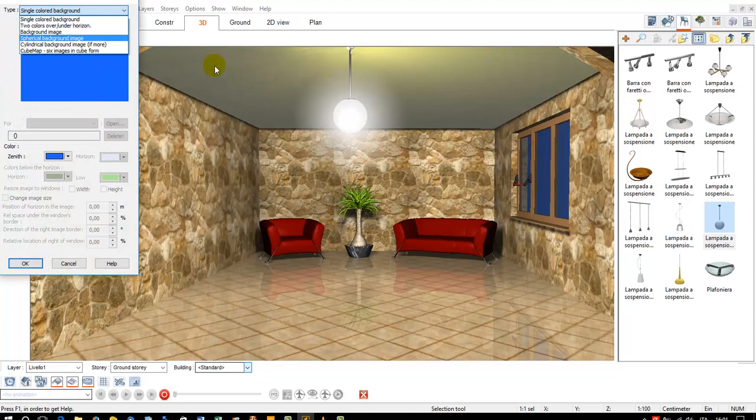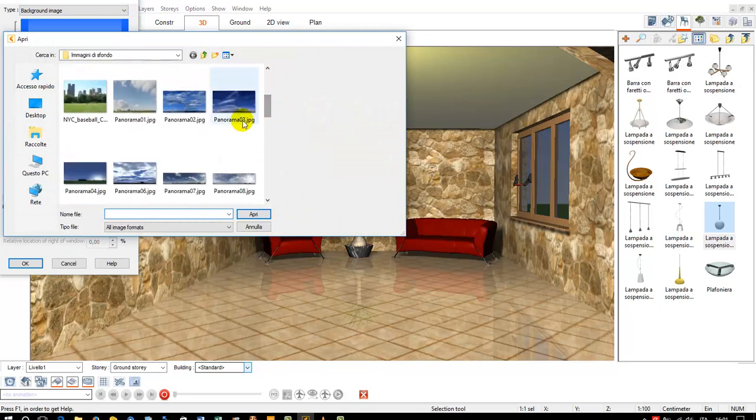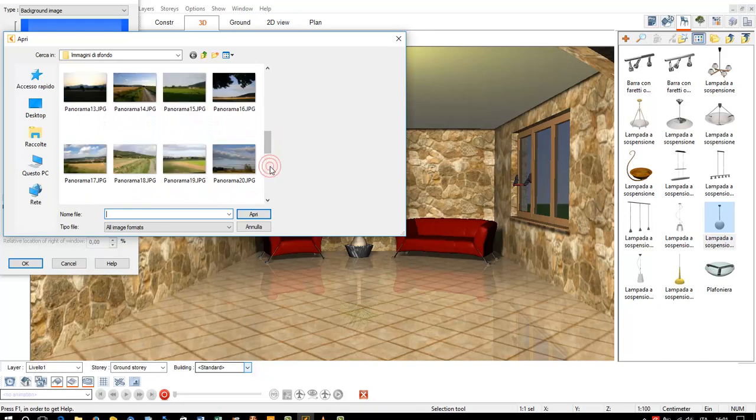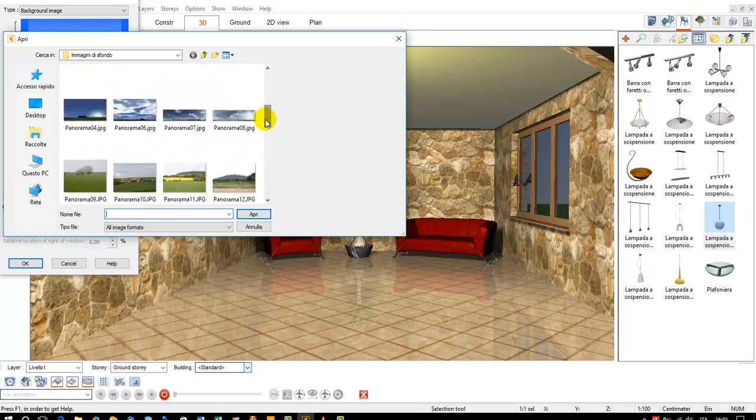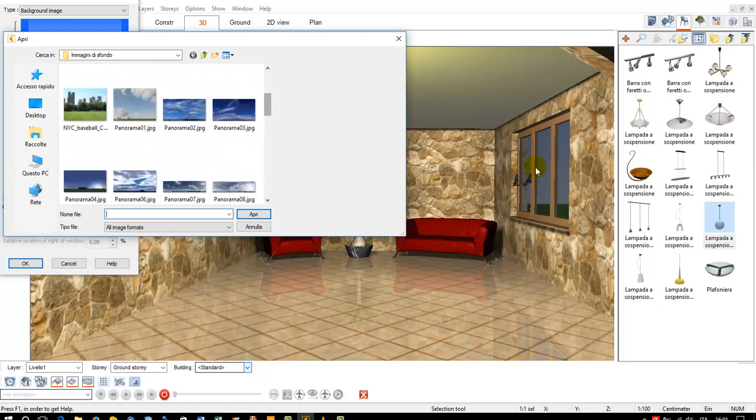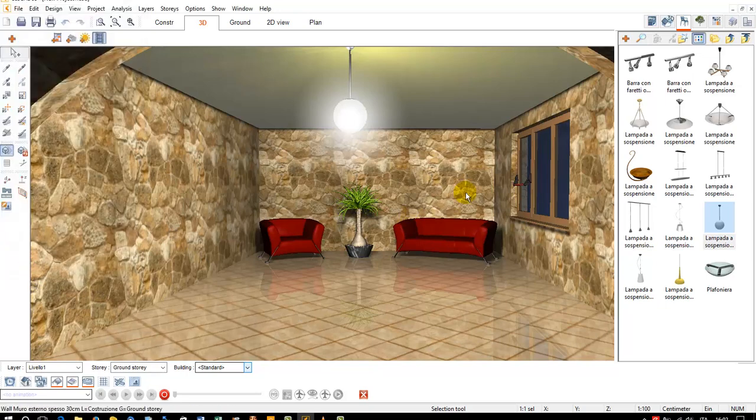I don't like this blue. Okay, background image. Can I select... I don't know if we have a better one for the night. No, I don't see. I use this. This is more dark. Okay. It's too big. I don't see a difference. Anyway,